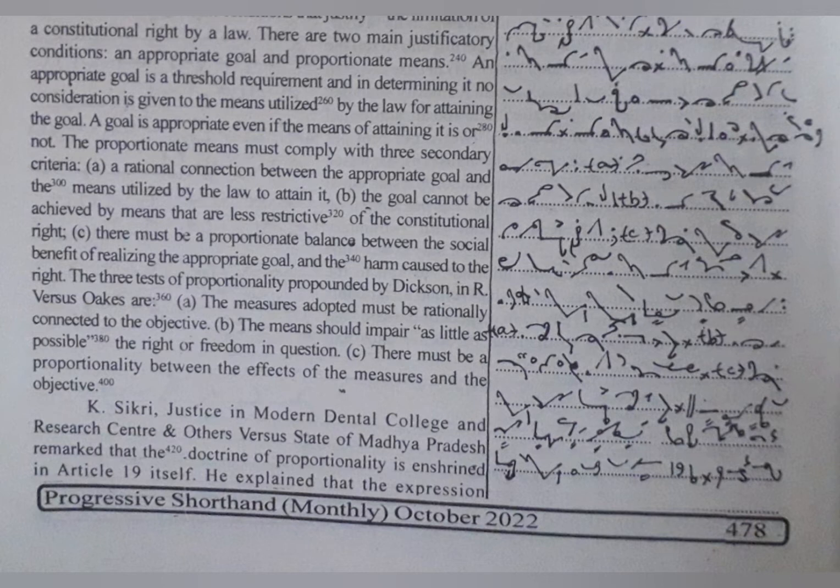The proportionate means must comply with three secondary criteria: a rational connection between the appropriate goal and the means utilized by the law to attain it. The goal cannot be achieved by means that are less restrictive of the constitutional right. There must be a proportionate balance between the social benefit of realizing the appropriate goal and the harm caused to